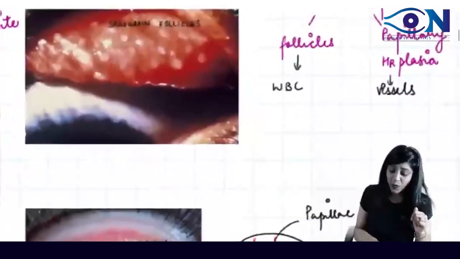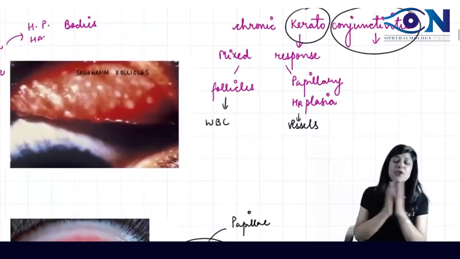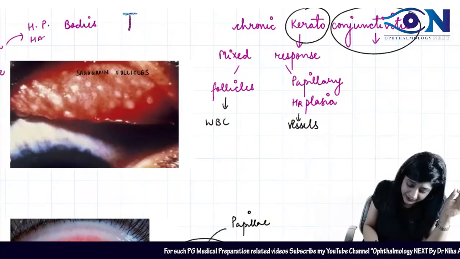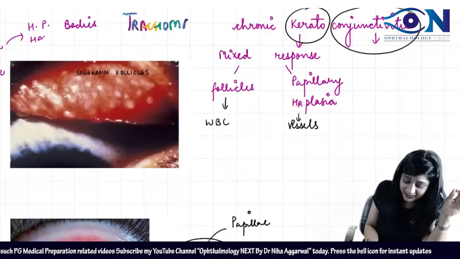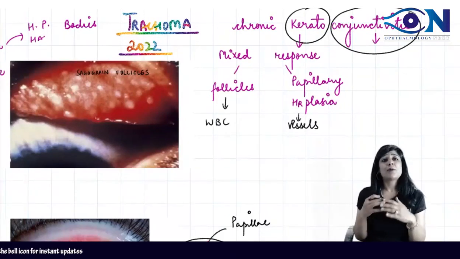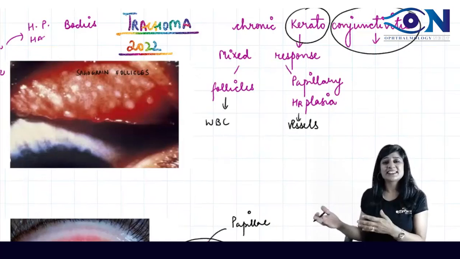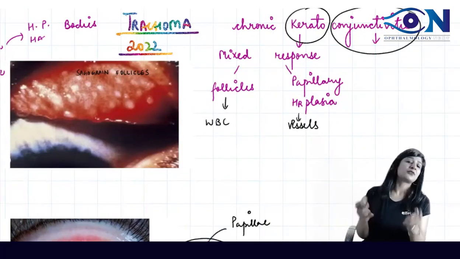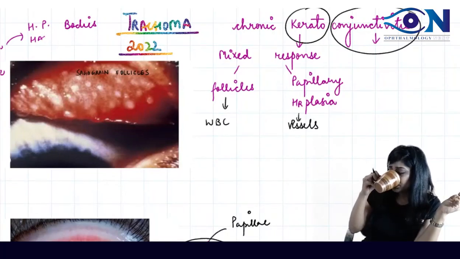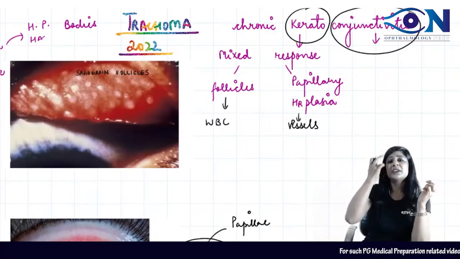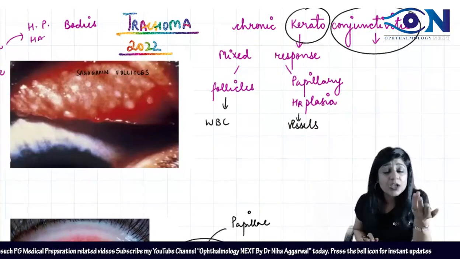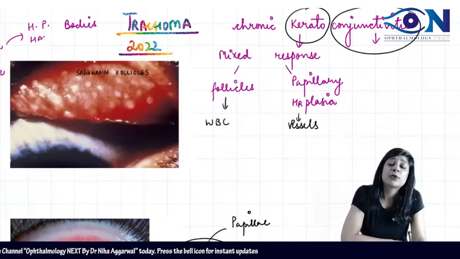Then, all-time favorite of all the examiners, is trachoma. And I'm telling you one thing, it is 2022, means you are going to get a question. Trachoma is covered in micro, PSM, infectious diseases, ophthalmology. So I do not know what aspect of trachoma they are going to ask, but I know trachoma will be asked, right? Trachoma is also a part of your Vision 2020 program. We have got a WHO control program for the trachoma also.